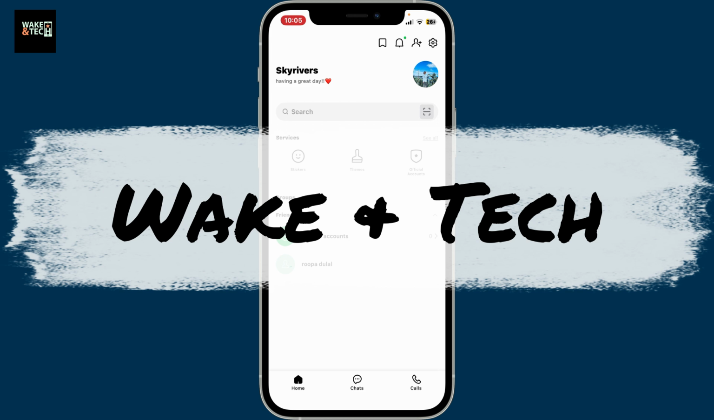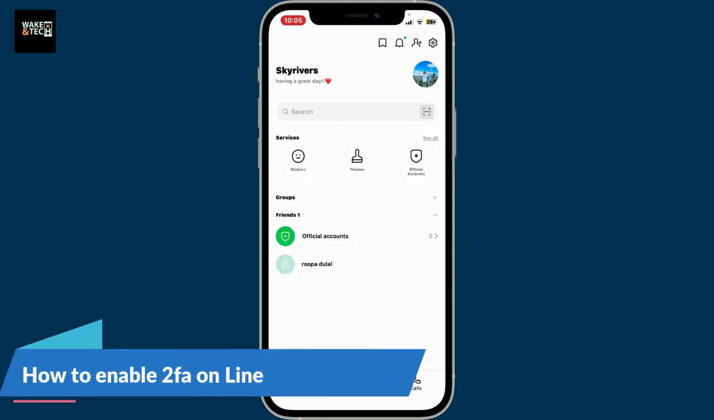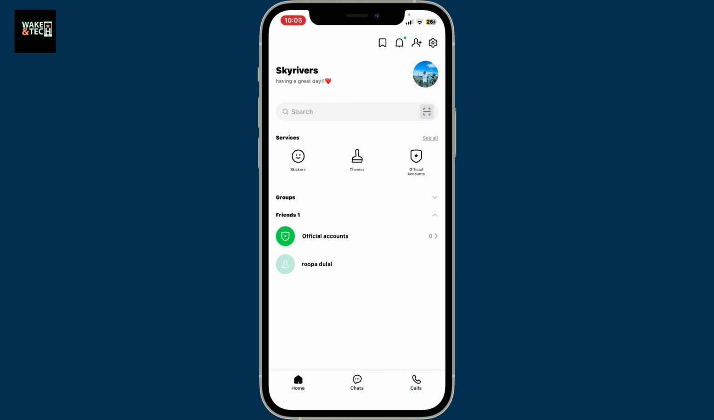Today in this video, I'm going to show you how you can easily enable two-factor authentication on Line application. To set up two-factor authentication on Line, first of all, open your Line application on your smartphone and log into your account. Once you're logged in, from the home page of Line, go to the top right corner and tap